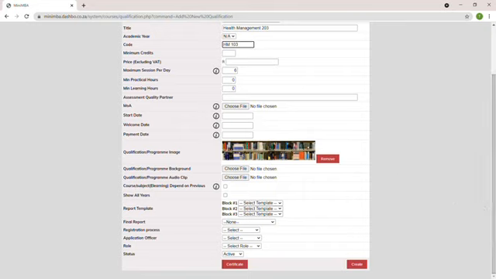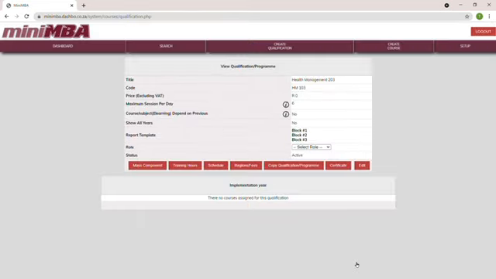And in this banner over here, what I'd like to say is that it needs to be about 720 by 300. This goes across the page and represents the program. So you can remove this one, add in a new qualification image, make sure that your program is active, and click on create. So now when I want to load a course into a program, and it's a new course with a new program,